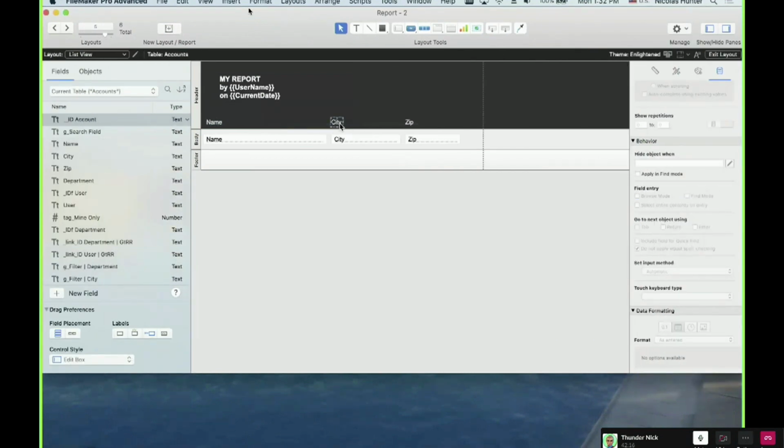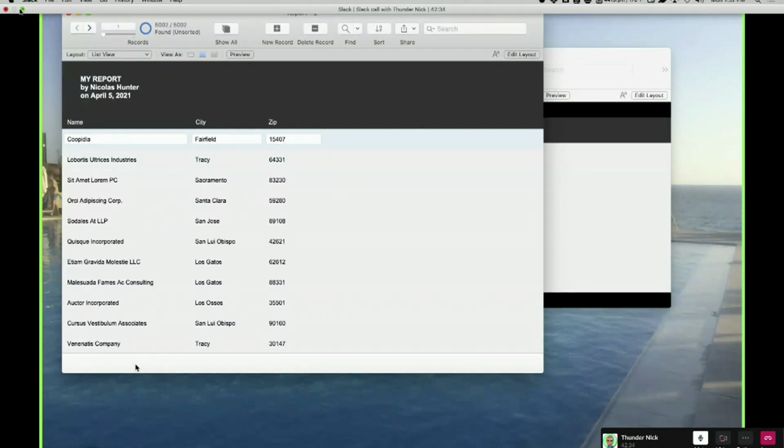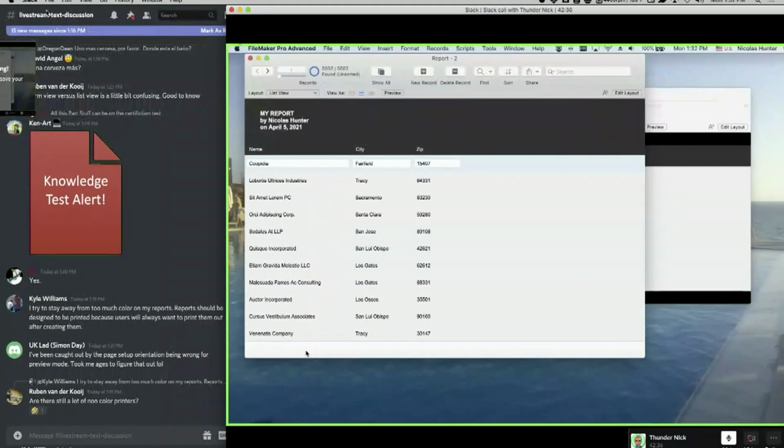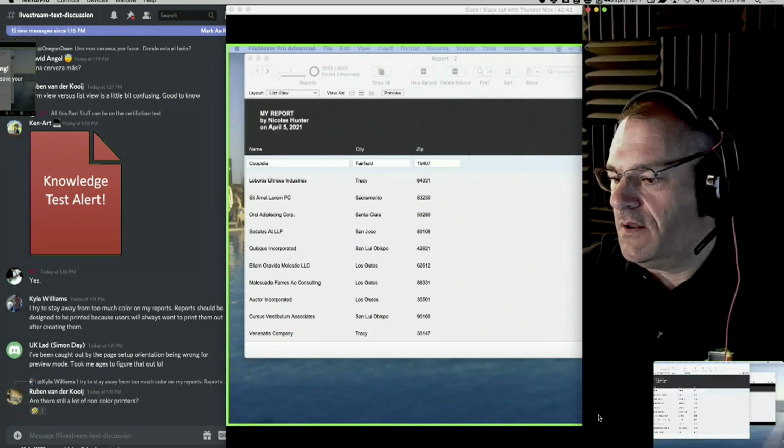Yeah. Makes sense. So there's a conversation. People say, I try not to put a lot of color in my reports, and then Ruben goes, are there still a lot of non-color printers? And the answer is, I actually specifically for my offices don't buy color, Ruben, because of the inherent cost with it. Basically, the short version, there's this conversation about colored printers over here, and I guess it's fair game for us to hit this right now, so I'll go ahead and hit it.